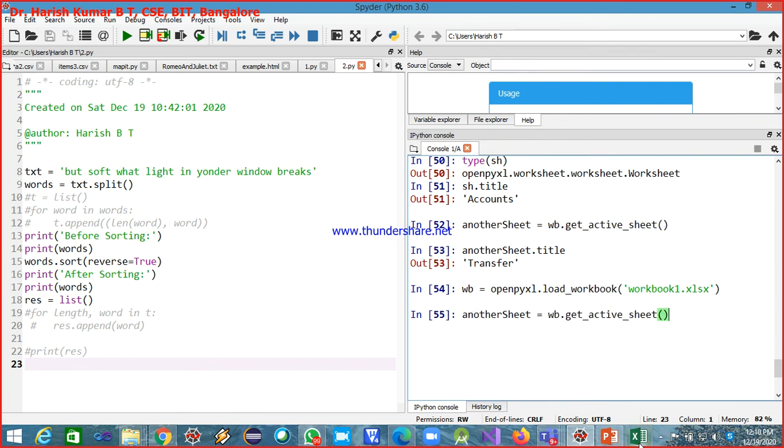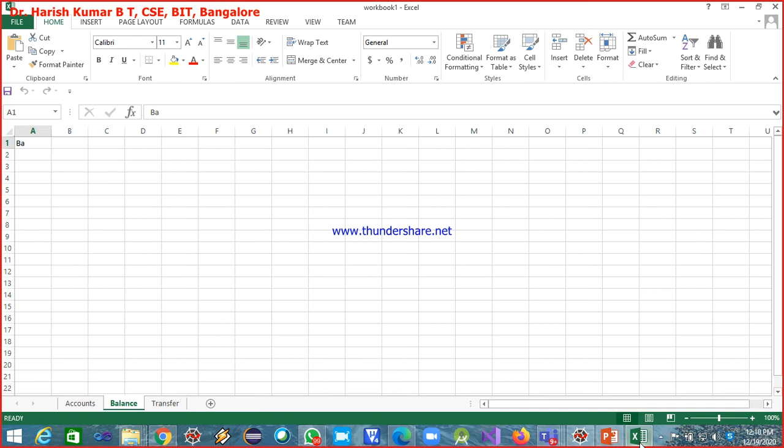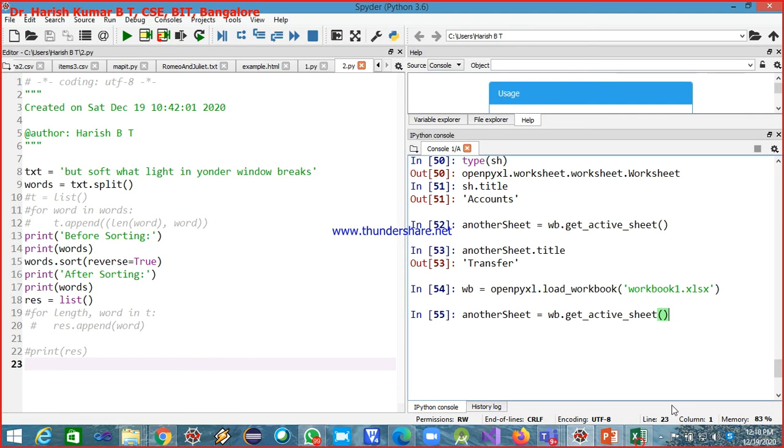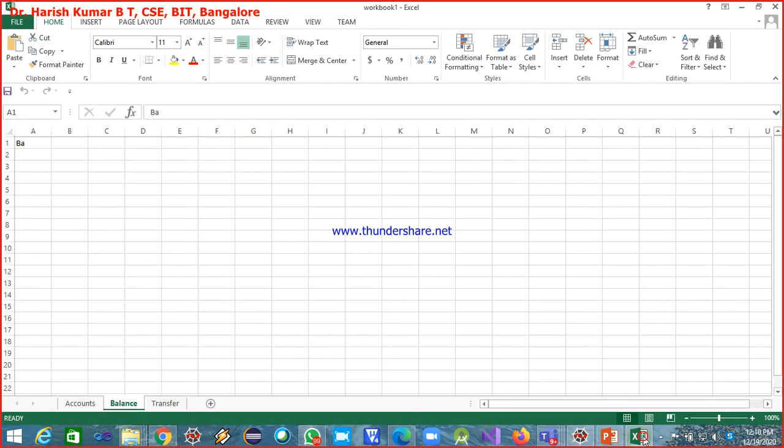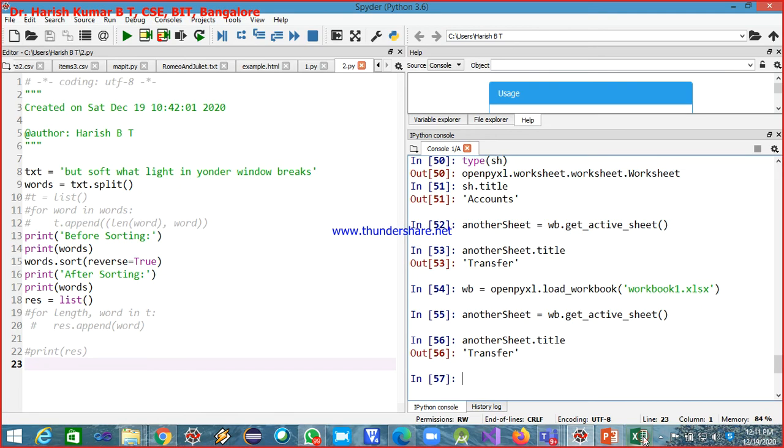Now it should say, see, the active sheet now is balance. So now I just say another sheet dot title. So it is, oh my god, so again it is saying transfer.